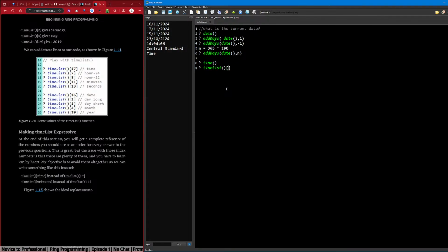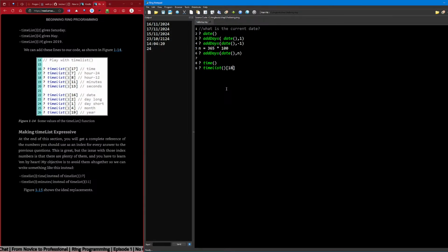Oh no. Okay, so up to 19, and then this is the short year, I suppose. 24, yeah, okay. So up through 19, which is what it shows, makes sense. Okay. Making time list expressive. At the end of this section, you will get a complete reference of the numbers you should use as an index for every answer. Okay.